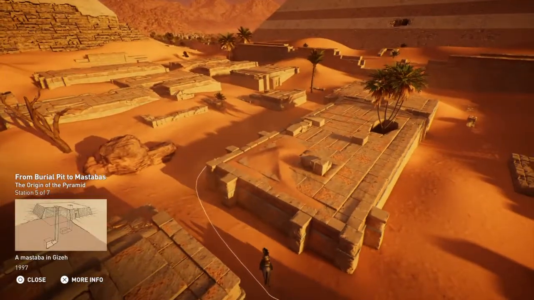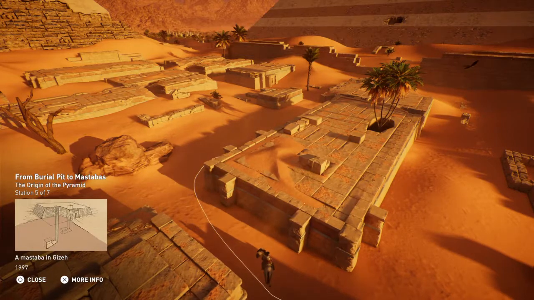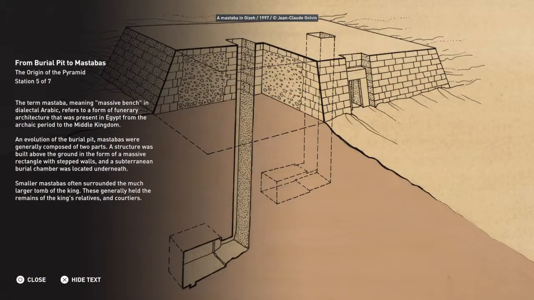The term mastaba, meaning massive bench in dialectal Arabic, refers to a form of funerary architecture that was present in Egypt from the Archaic period to the Middle Kingdom. An evolution of the burial pit, mastabas were generally composed of two parts. A structure was built above the ground in the form of a massive rectangle with stepped walls, and a subterranean burial chamber was located underneath. Smaller mastabas often surrounded the much larger tomb of the king. These generally held the remains of the king's relatives and courtiers,